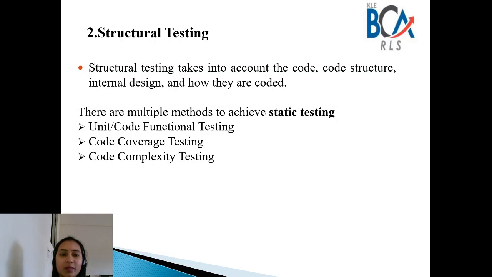And there are also multiple methods under this. The first one is unit or code functional testing. This is an initial check. The developer will quickly check what he has written, and there are more chances of finding errors or mistakes made in coding.